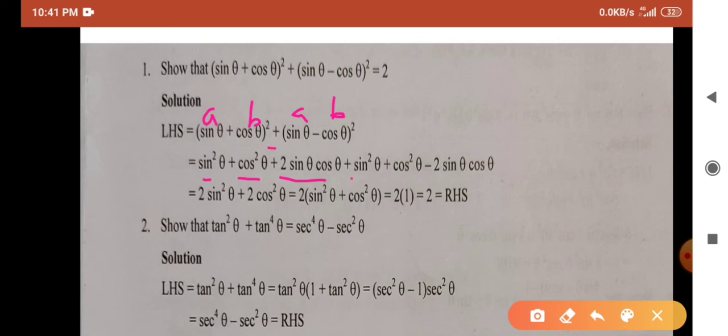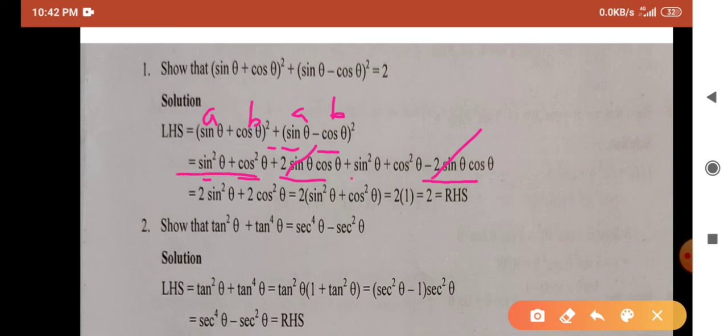Plus, as here also a square plus b square minus 2ab, that is 2 sin theta cos theta. Now plus 2 sin theta cos theta and minus 2 sin theta cos theta get cancelled here,